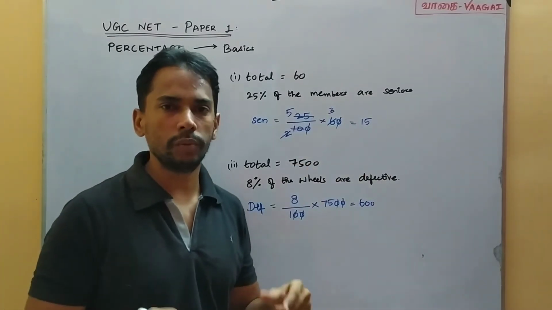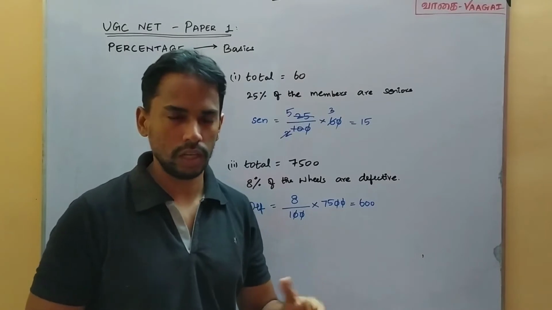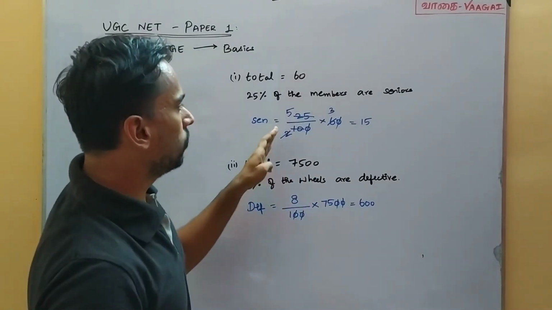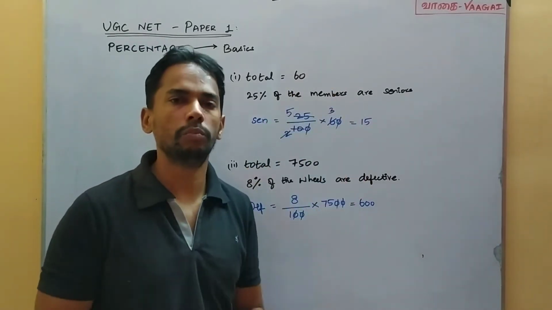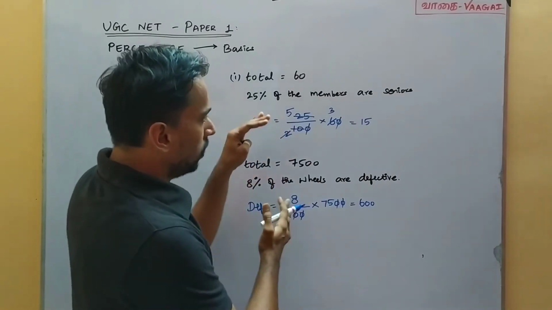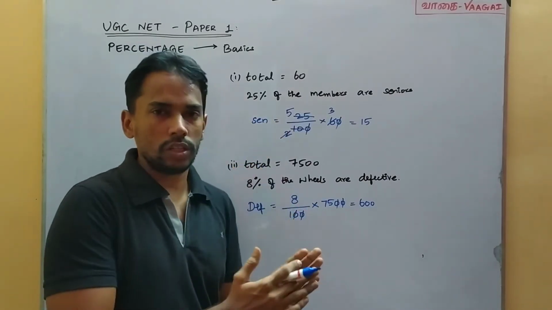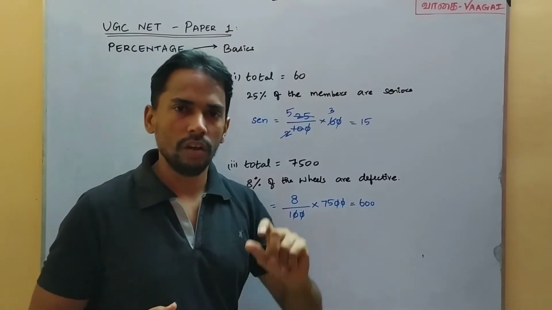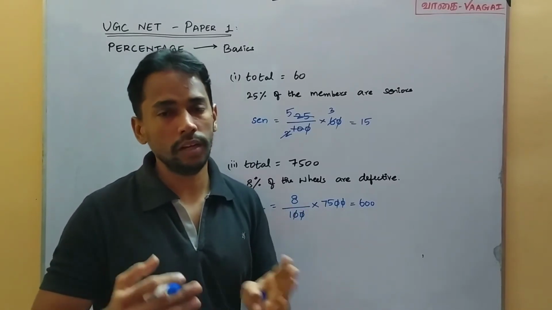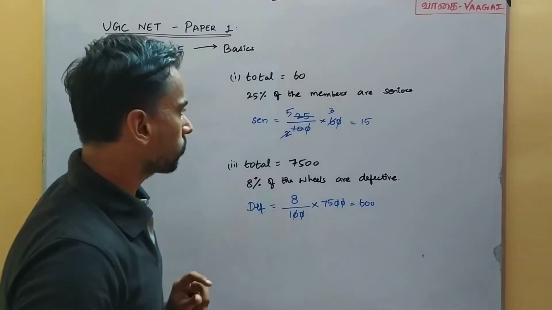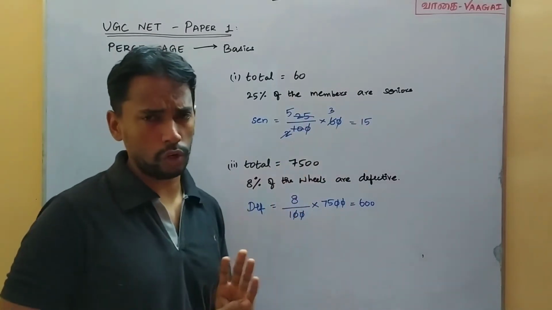And one thing we need to be strong in is the basic calculations. That is also very important. Be clear with multiplication and division. Whenever it comes to percentage calculation, we must be very sure of these multiplication and division calculations, for which we should be thorough with multiplication tables basically, right? And one more thing here I just want to reveal.